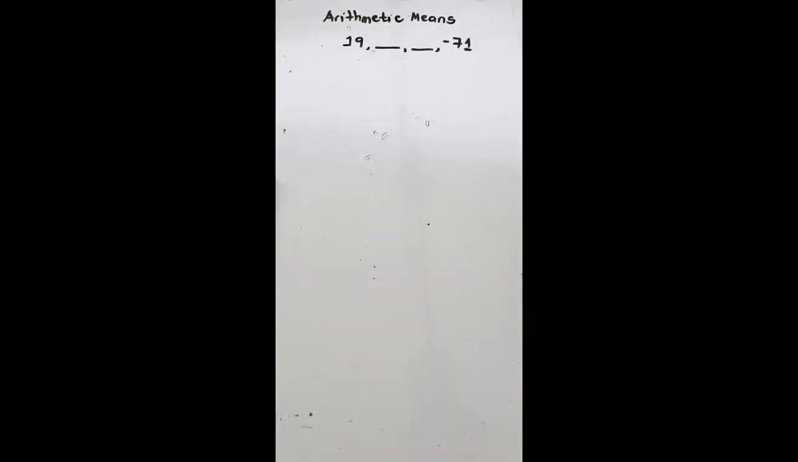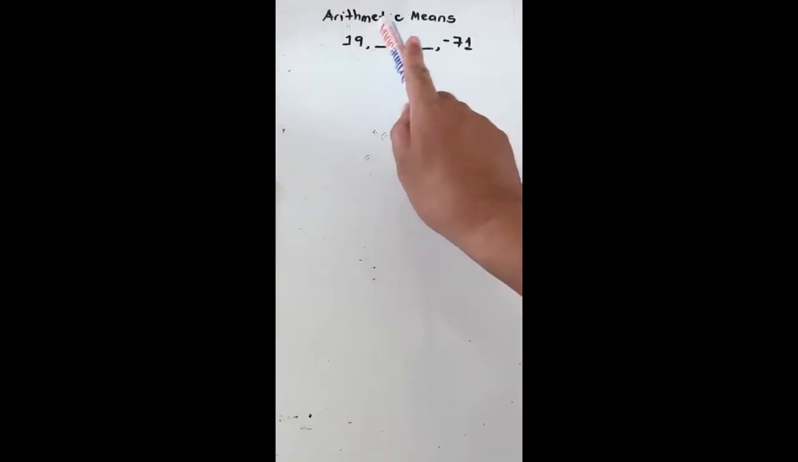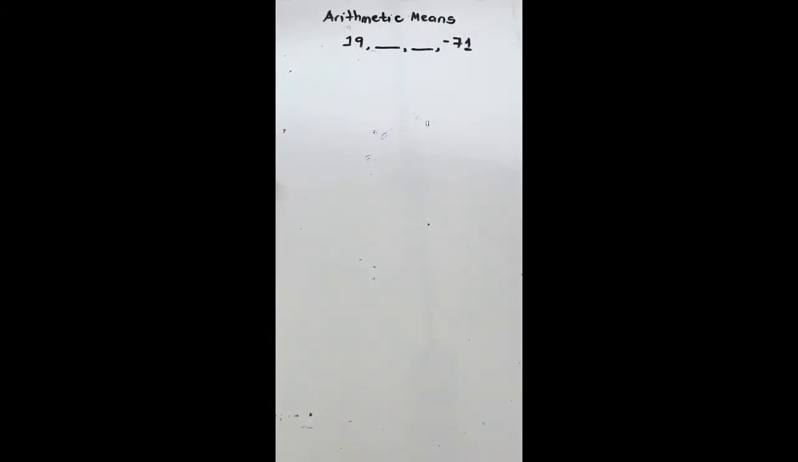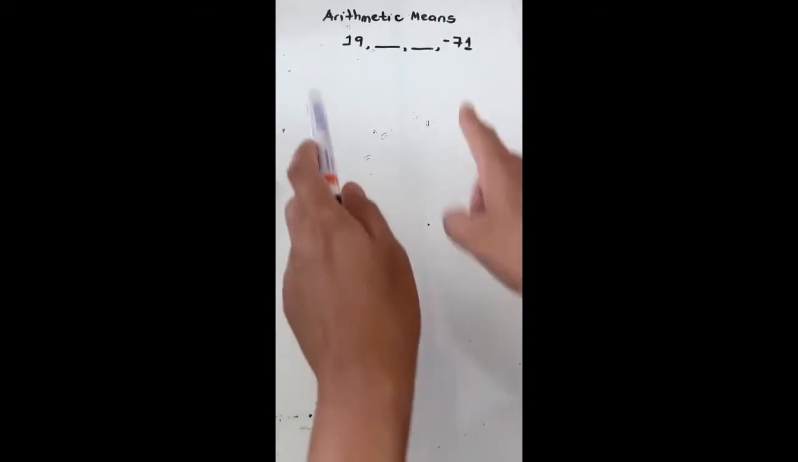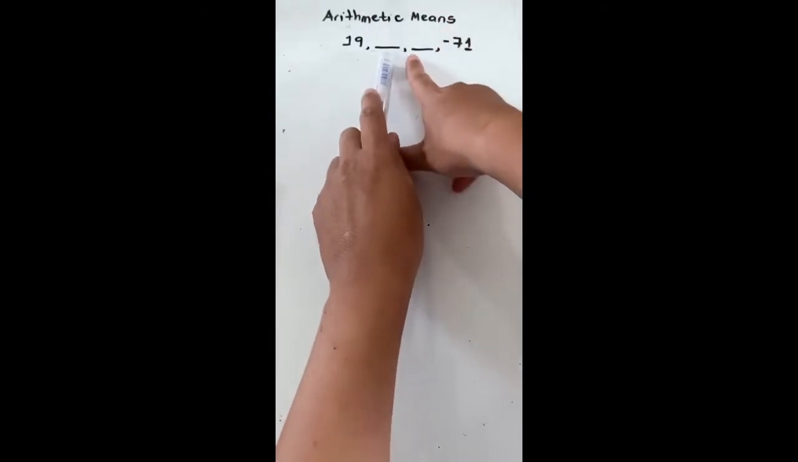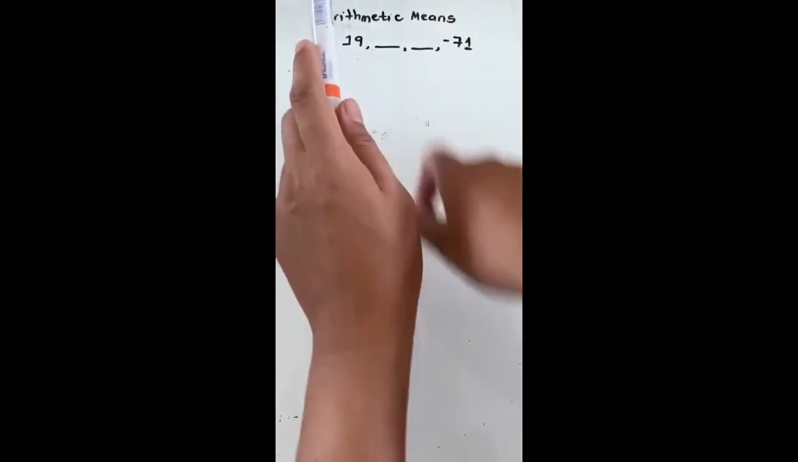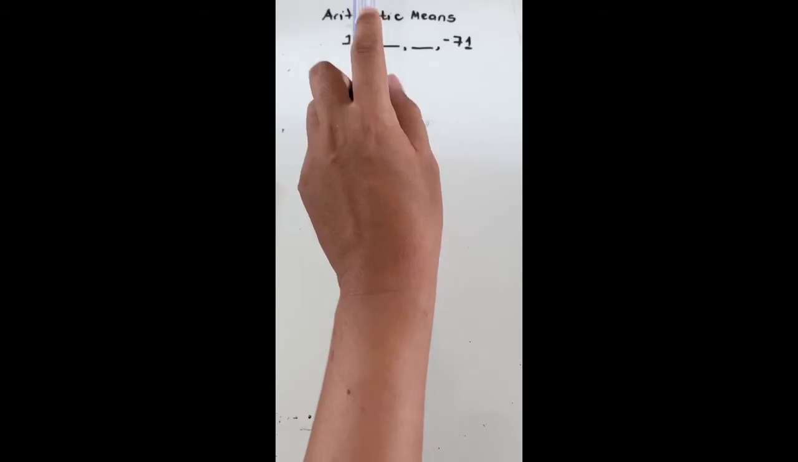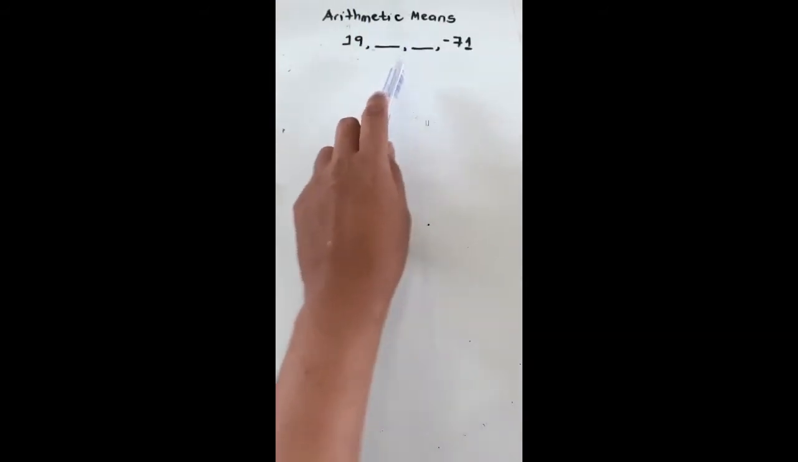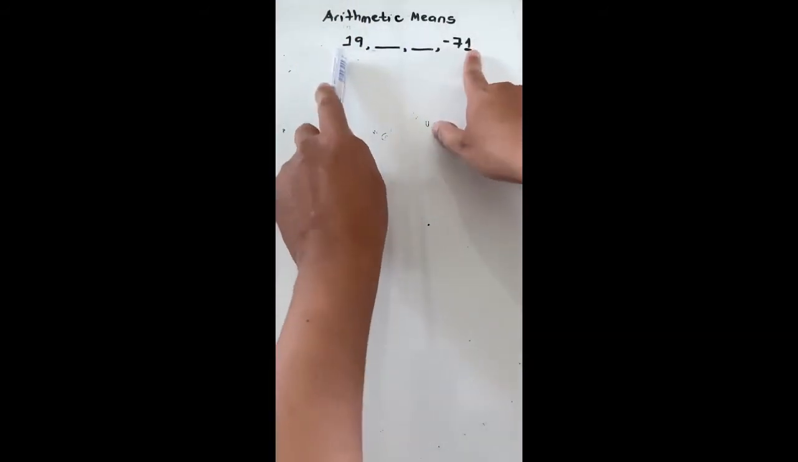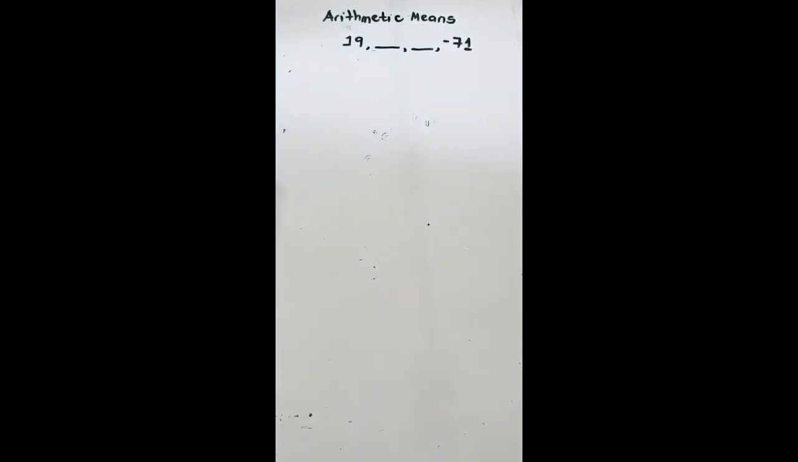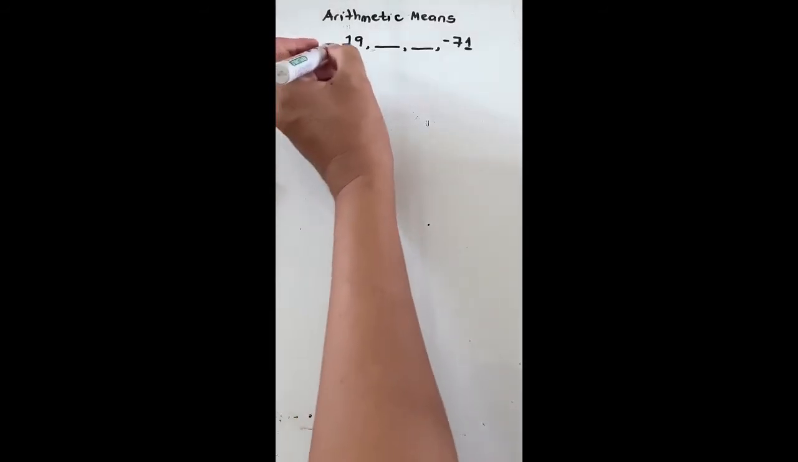So let us have another example of arithmetic mean. For instance, we have this sequence, 19, and then the last term is negative 71. So we need to find the two arithmetic means. So kapag sinabi nating arithmetic means ulit class, ibig sabihin nun, we are finding the terms between another two terms, like this one. So para mahanap natin yan, we need to use again the formula for arithmetic sequence, which is